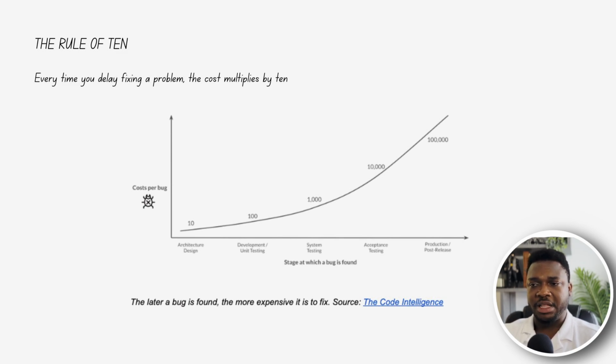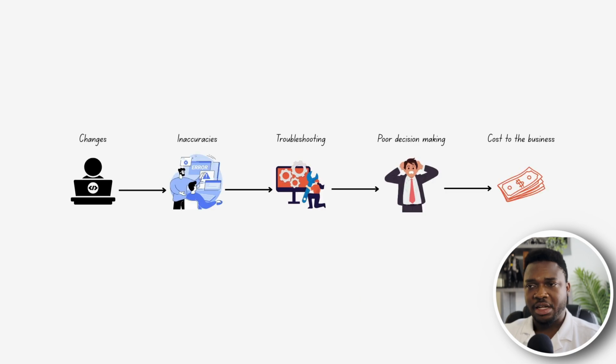And yes, this absolutely applies to data. So let's say someone on a product team silently changes the name of an event that tracks signups. No one notices what has happened. And days later, your marketing dashboard shows a massive drop in conversions. There's going to be a lot of panic. The data team spends hours trying to trace the issue. Meanwhile, your CEO is in a meeting wondering why customer growth just fell off the cliff.